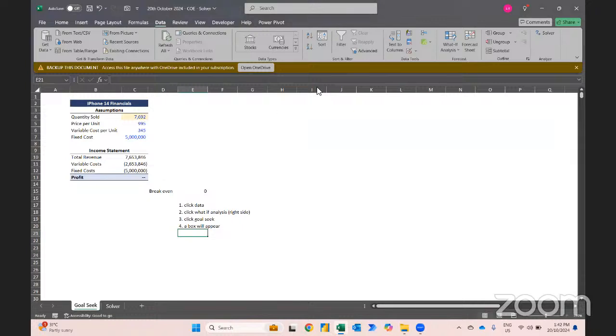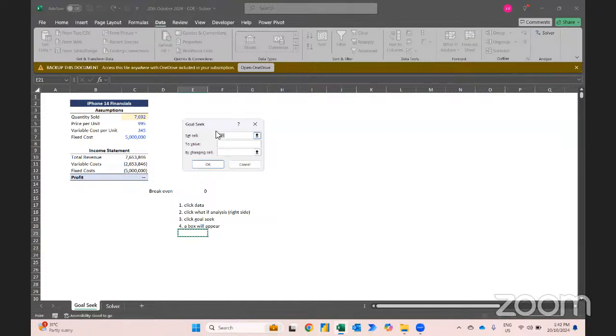So maybe let me try one more time. What I'll do is I will go to Data. Under Data, that is What-If Analysis. And under What-If Analysis, I click Goal Seek. Under Goal Seek, here is the set cell. Just say I want to know about 10,000 profit. So the set cell, I select here, and then to value, I put 10,000. I want to know what's the value of profit, 10,000. When the units, I change the units. So I select over here